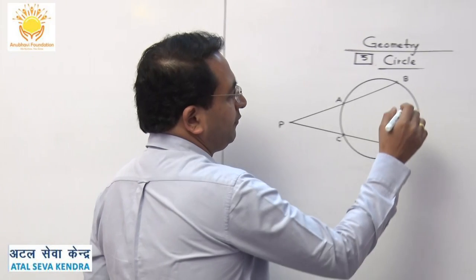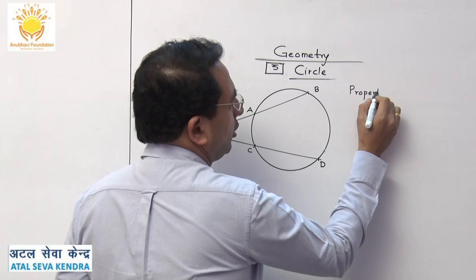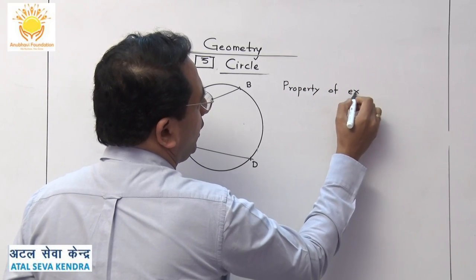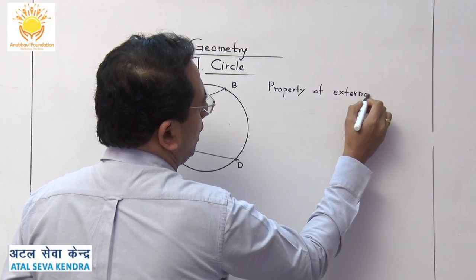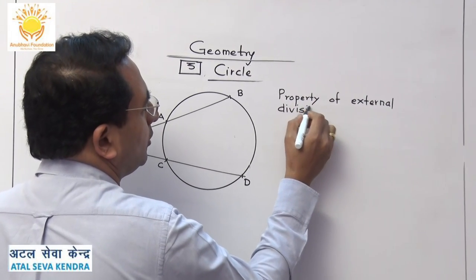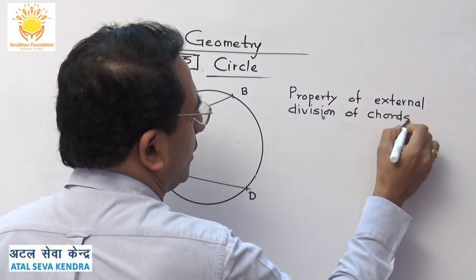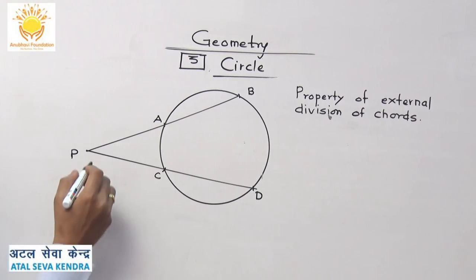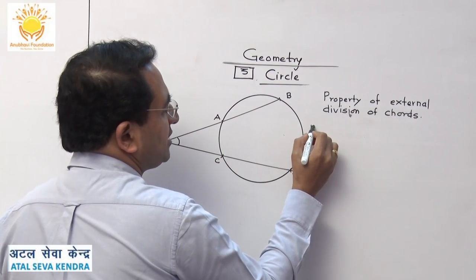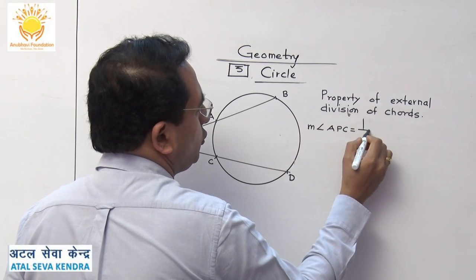So therefore, if you are coming across this kind of figure, we have to use this logic or this theorem statement. We have to write property of external division of chords. Now, they ask you first of all this angle. So I am writing the name of that as major angle APC is equal to 1 upon 2 times of